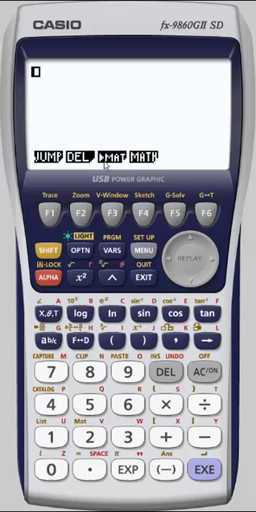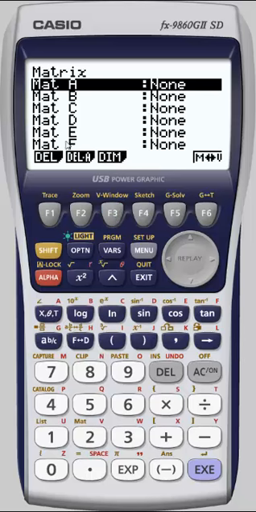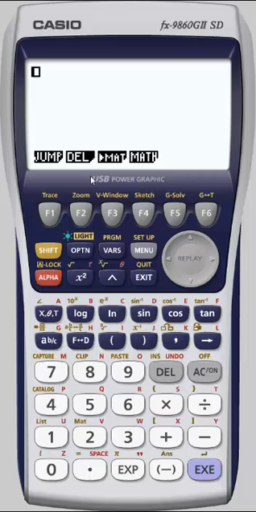This F3 option is the matrix menu. You may wish to take a look at that. This is certainly not a bad place to store or to edit your matrices. It's not my favorite method of using them, but it depends on how long you'll be using a matrix. If you intend to put some data or some information into a matrix and you keep reusing it, this is not a bad way to go. Once you get into a menu like this, in order to get back out of it, that's another important thing you're going to need to know, and for that we're going to use the exit key. So just pressing exit will back up to the initial menu we had.